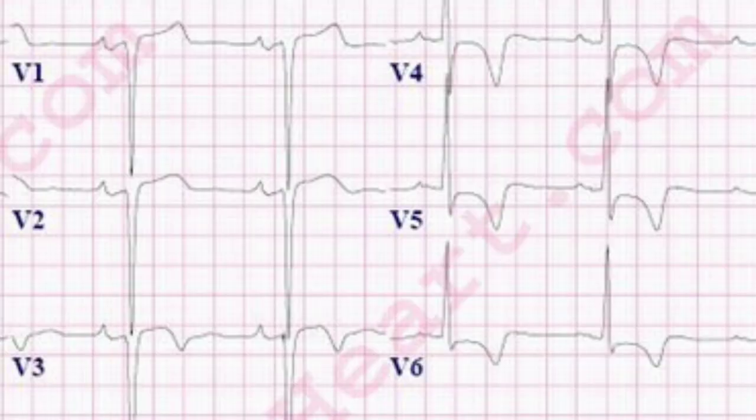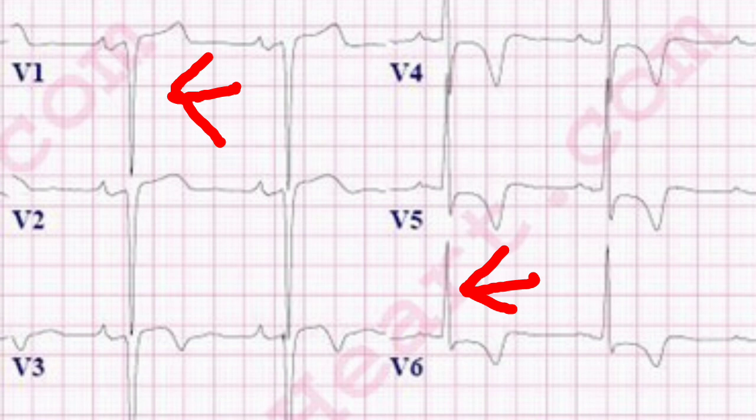And how can we assess that? By using the ECG paper. One small box height is equal to 1 millimeter. One small box depth is equal to 1 millimeter. This is what I have mentioned in the last video. Now, if we want to know about the left ventricular hypertrophy from the ECG paper, we'll have to select 2 waves, lead V1 or V2 and lead V5 or V6.